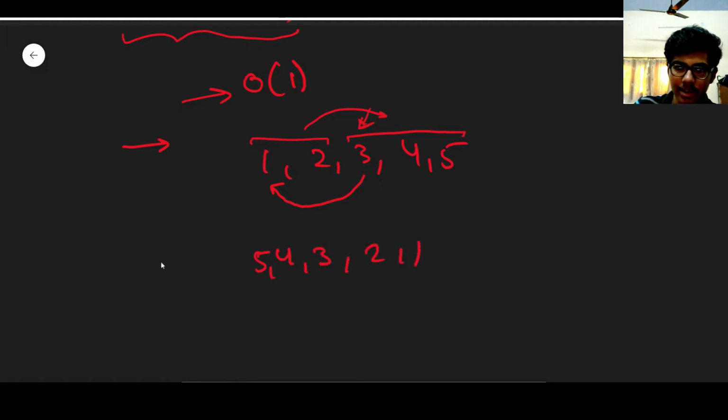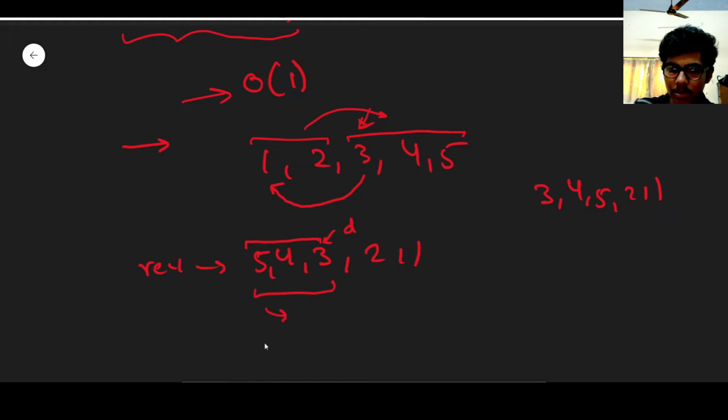So when I reverse, it will become like this. Now what I want the answer to be is 3 4 5 2 1, right? And here the d is also the same. So I want 3 4 5, that is n minus d, we have d given. So what I can do is, I can reverse this part also. If I reverse this part, it will become this now, right? So half the part is solved now. This is 1 and 2.